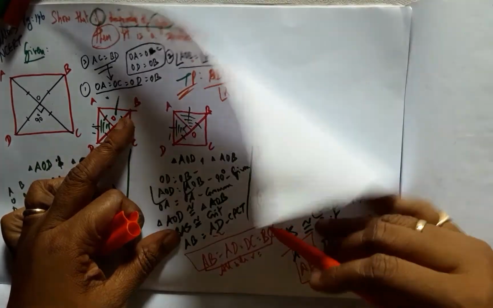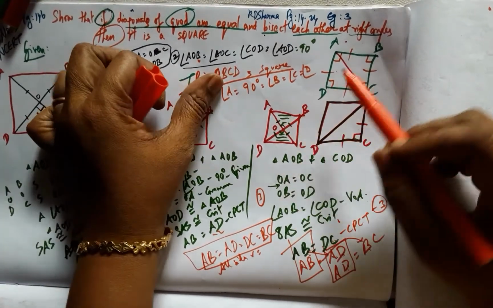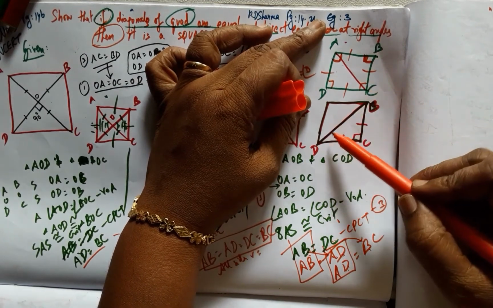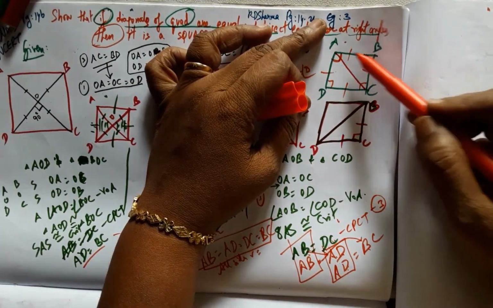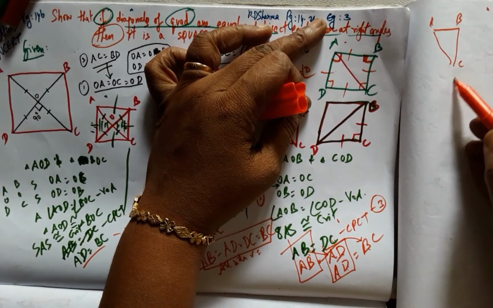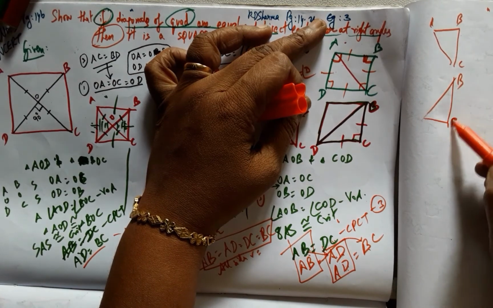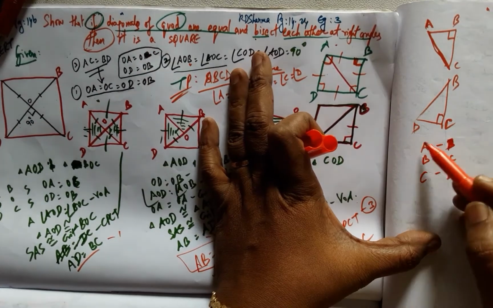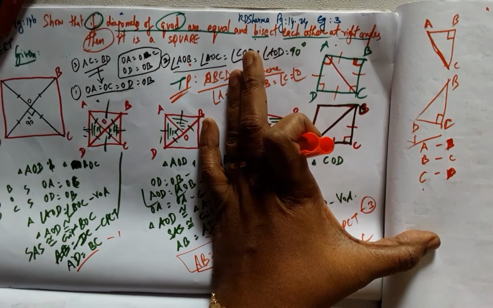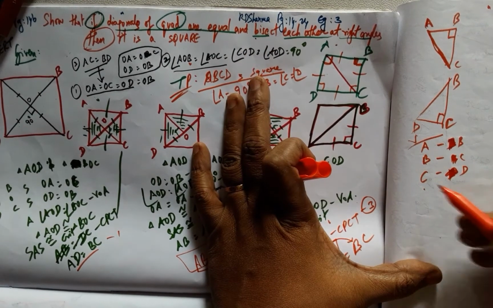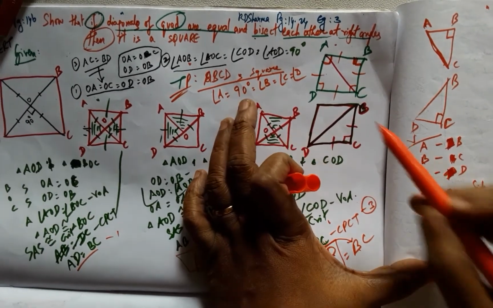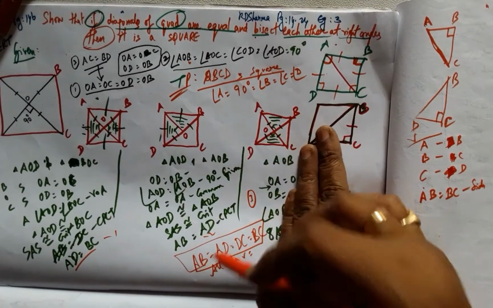Now all sides are equal, it means a square, but it may also mean a rhombus. So we also have to fix the 90 degrees of one of these angles, and to do so we have to pick two triangles for congruency, which will be triangle ABC and triangle BCD. And for the vertices correspondence, we can make ABC sit on either BCD or DBC, both are okay. For this we have AB equals BC, as they are sides and they have been proved to be equal just now here, and also